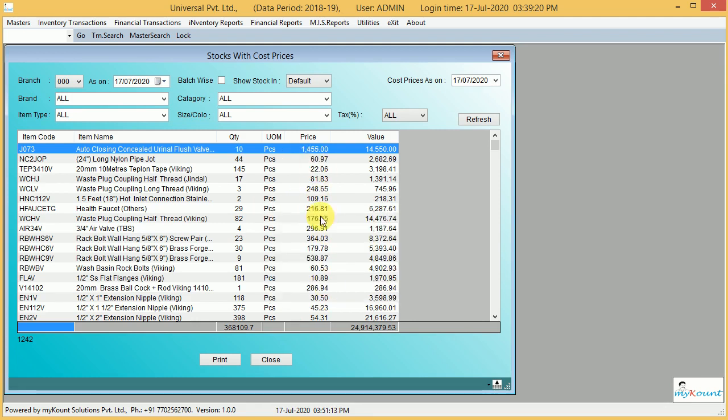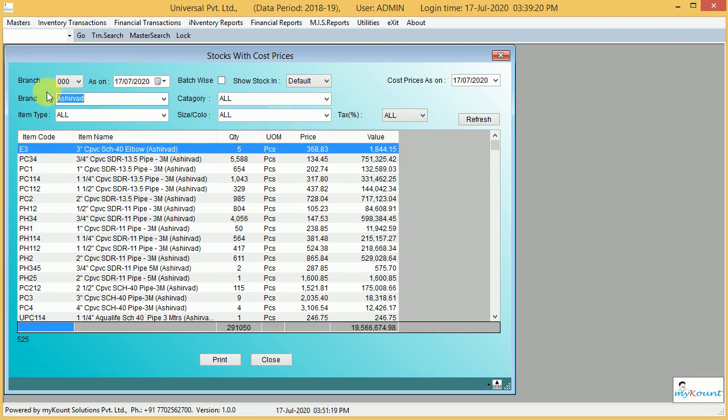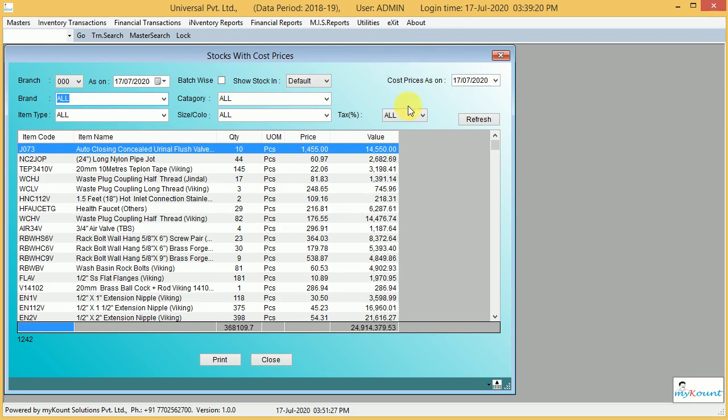So here we can see 2 decimals. Here we can see brand wise stock, category wise, and a combination of these 4 groups, batch wise as well. For cost prices, you can select the cost price date. On selection of the cost price date, the stock valuation will be done.